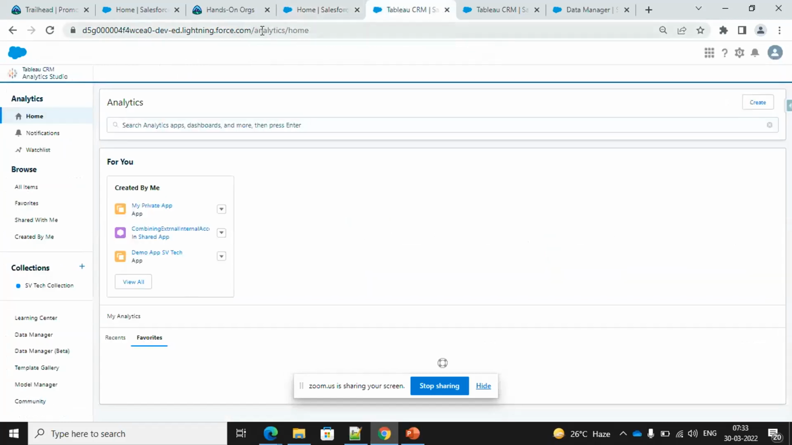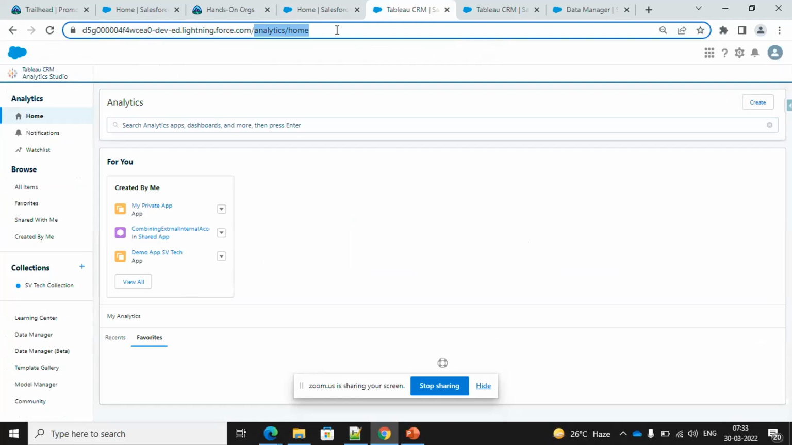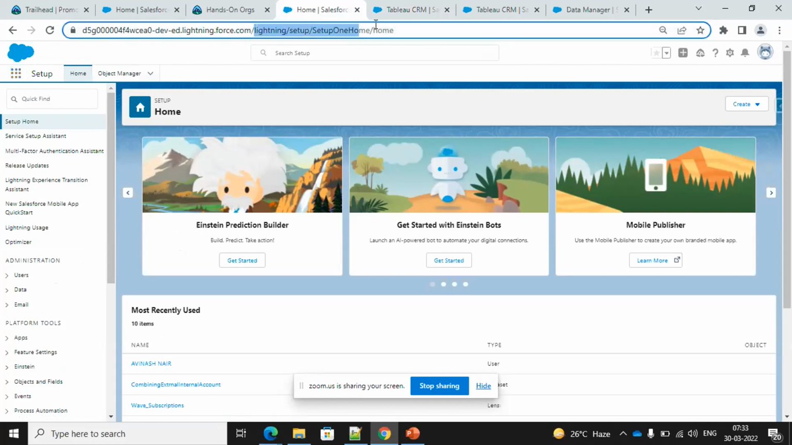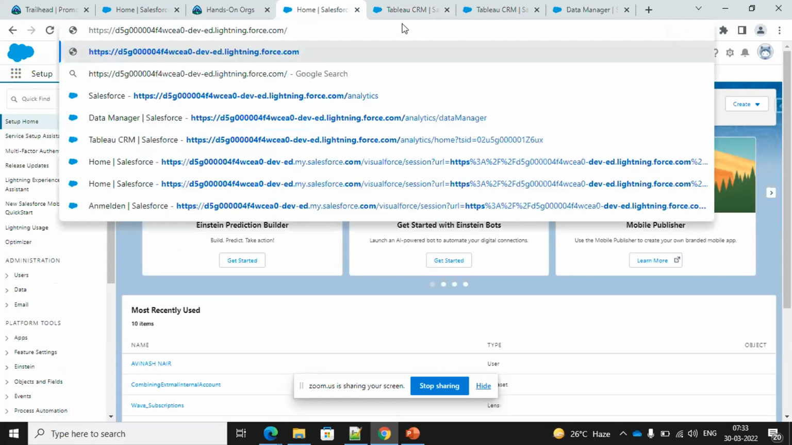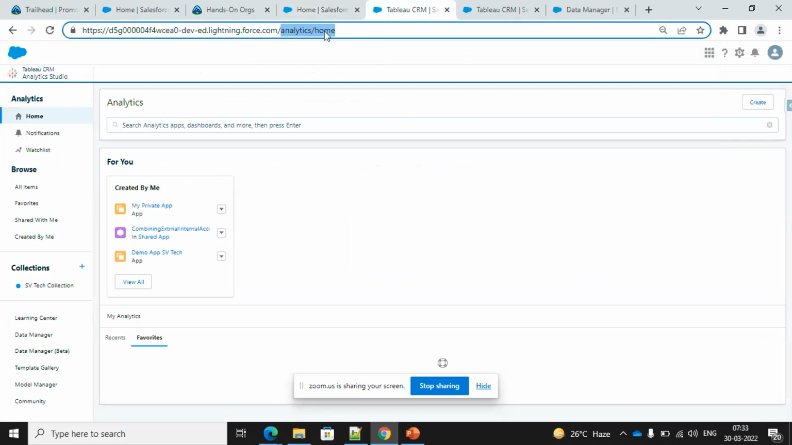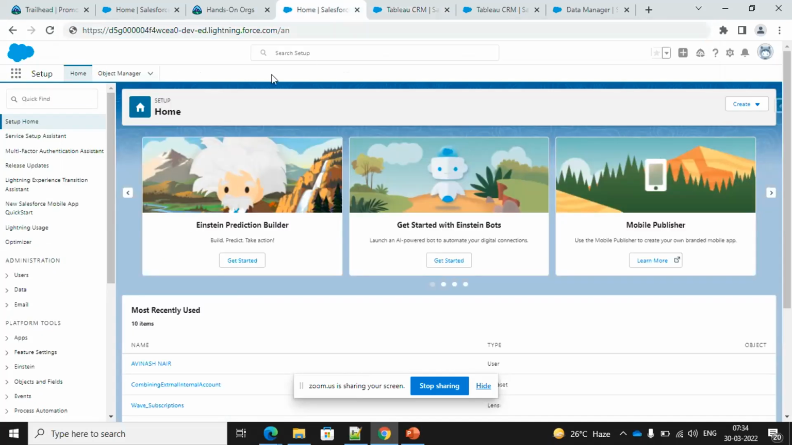What you can do is, after that force.com, you can delete everything else and just write analytics. Now, this is case sensitive, so ensure that you put it in small letters: analytics. Once you do that, you will also land up in Analytics Studio. That is one way. Another way is